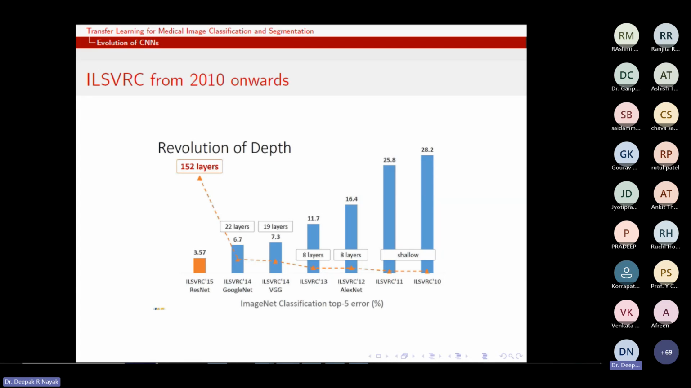Even in 2010 and 2011, the winners were using shallow architectures. But in 2012, when AlexNet came into the picture, it was just an 8-layer architecture. When I say 8-layer, it means there are only 8 learnable layers: 5 convolutional layers and 3 densely connected layers. Now you can see why AlexNet became very popular at that time, because this challenge